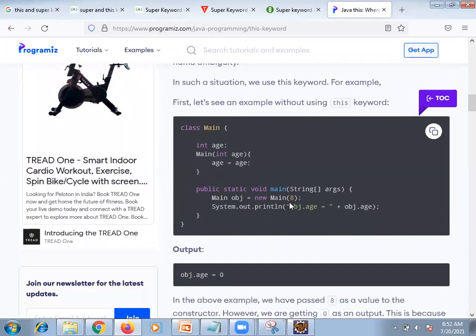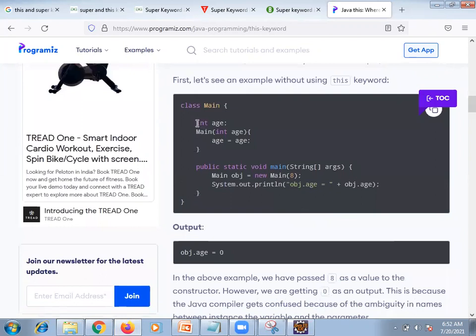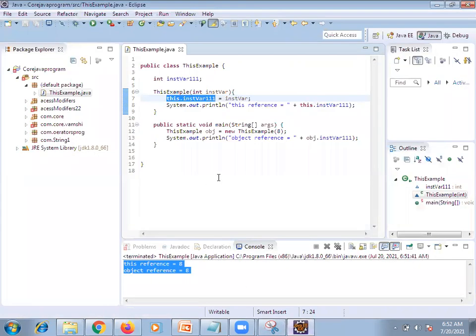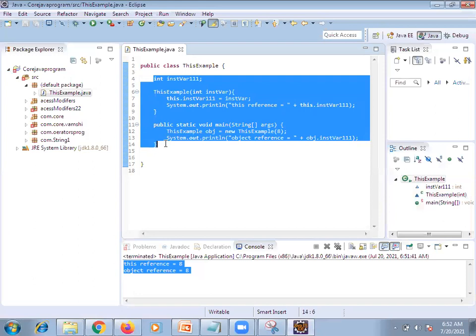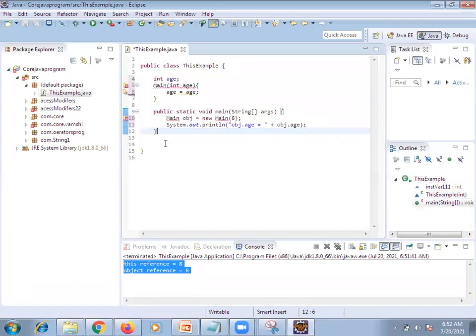Now you can see how it is working with one method and one class parameter. Let's take this example. Now you are trying to assign one variable by using a parameterized method.